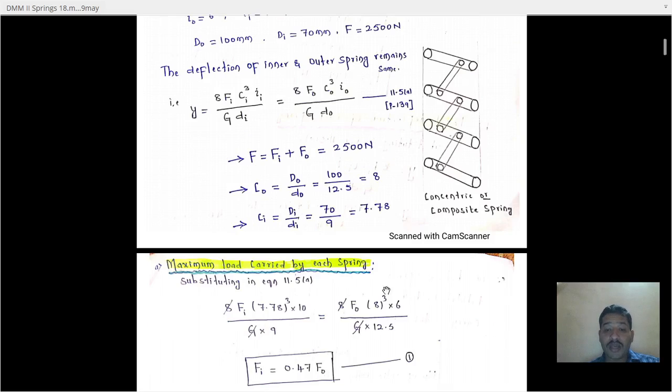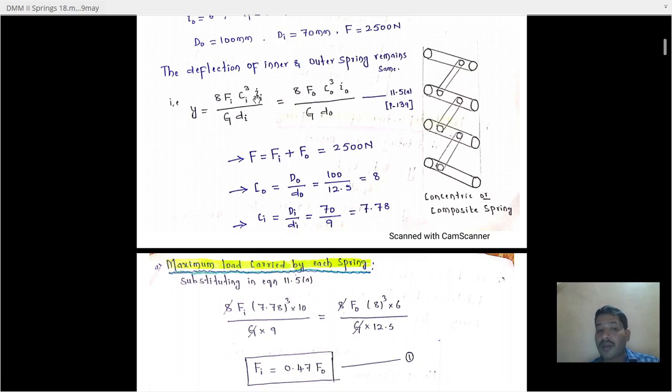After getting this 7.78, this whole value we need to substitute in equation 11.5a, page number 139. So let us see over here. First of all, we need to equate this equation. This 8 is as it is, Fi as it is, because we don't know the value of separate Fi, we don't know the value of separate Fo. But if you add Fi plus Fo, then you will get, as we know very well, 2500 newtons. So 8 as it is, Fi as it is, Ci value we got here 7.78. So here cube is there, you have to make it a cube,